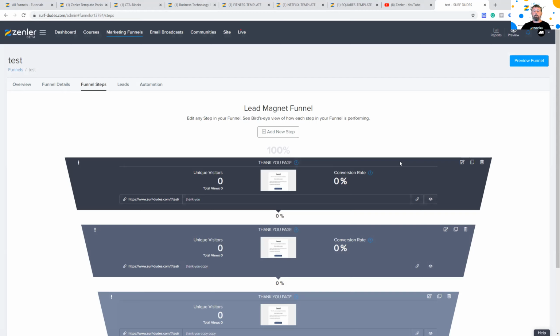Personally, how I create funnels is I delete what's already in there and I build one master template with one page. I duplicate it and then I change it and then I hook it all up. And then I go into automations and I figure out how I want those automations to run through the funnel steps. That's how I do it. But some people like to go through what's already been created for them and update them. It's really up to you.